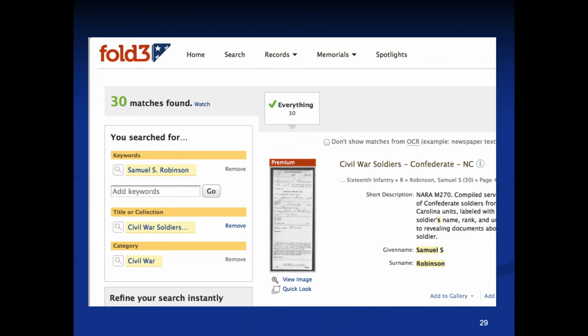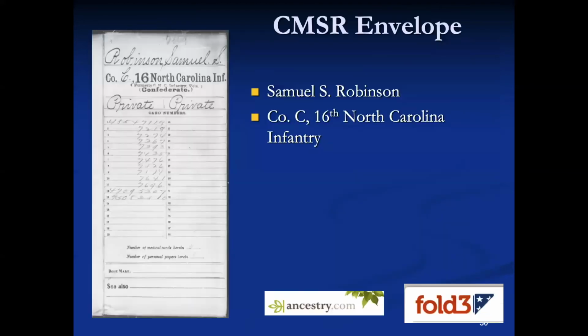This 300-pound piece of rock ended up in their driveway one year. They threw it in the back of the station wagon and took it up top of the hill, not far from them, where his wife Sarah was buried, and they put that tombstone in the ground. I wish that they could have carved on the back of it "cenotaph" so that everybody would know that old Sam wasn't buried there, that he was in the mass grave at Point Lookout, but that's a different story. So if we look at his compiled military service record, here he is in Company C, 16th North Carolina Infantry.